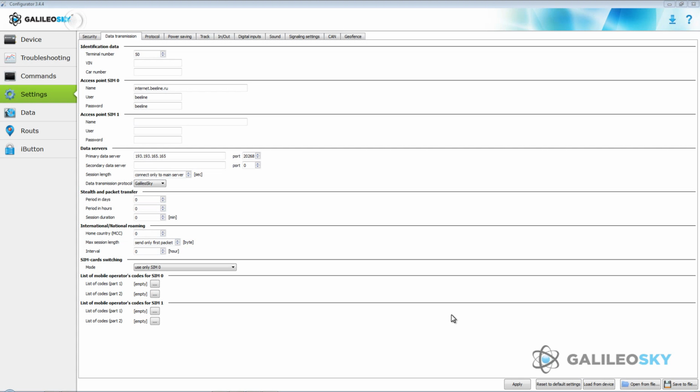GalileoSky terminal enables you to set parameters of data transmission in terms of choosing the appropriate mobile operator, setting national and international roaming. In the configurator, these settings are specified by such sections as international national roaming, SIM card switching, and list of mobile operators codes. Home country parameter is meant for entering the country code, international roaming, or country and operator codes, national